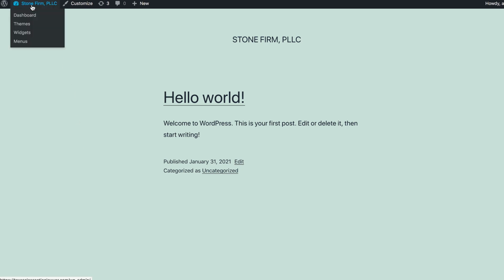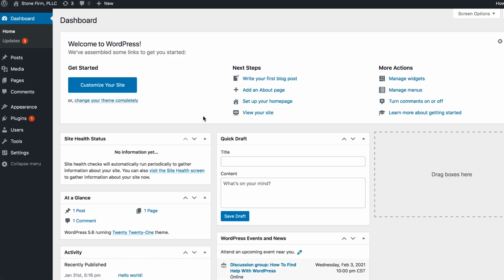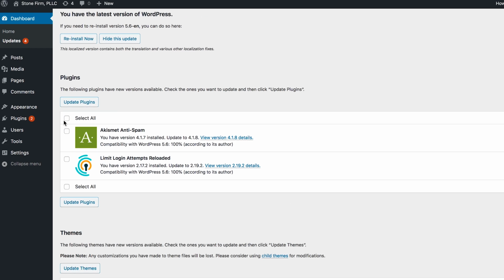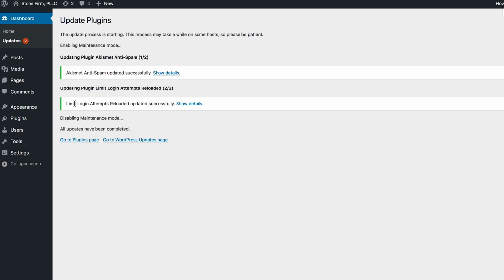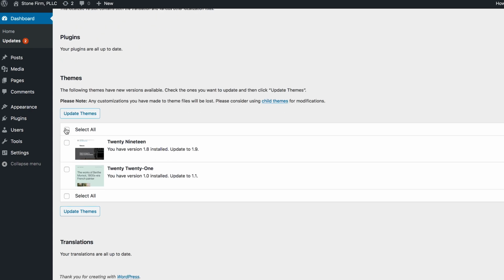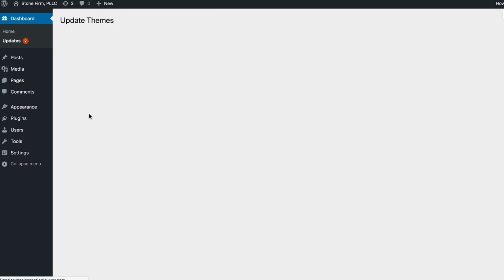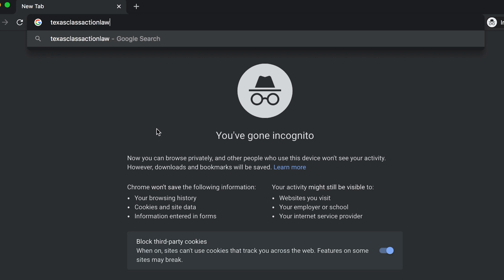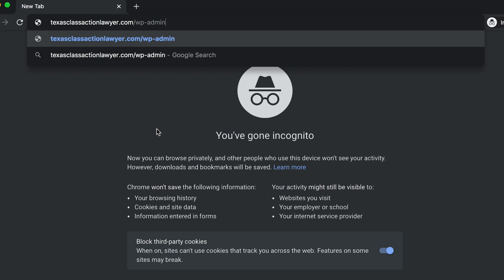If we go back up to the top, go to dashboard, it takes us back to control the back end. As you can see, we have updates that can be done. So we'll click this button. Oh, it looks like another update is needed, so we can select all and click update plugins. By the way, plugins are the equivalent of apps on your website. There's another set of two updates needed. These are the themes that we'll eventually delete, but for now, let's update them so everything's optimized.